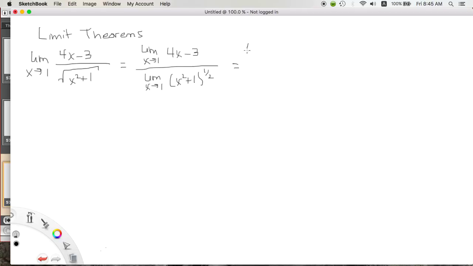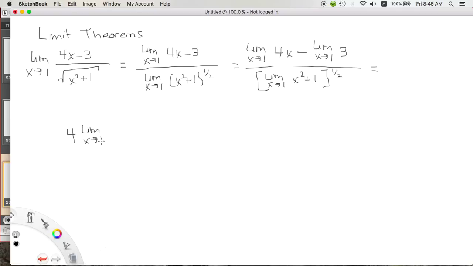Now we can use the limit of the sum and difference to split up the top. And then we're going to use that limit of powers to change this bottom part so that we have that exponent on the outside of where we're calculating the limit. So this uses the limit of sum and difference, this uses the limit of power. So then on the top we've got the limit of a scalar multiple, so that's 4 times the limit as x goes to 1 of x, minus, and then we've got the limit of a constant here, so we know that's just going to be 3